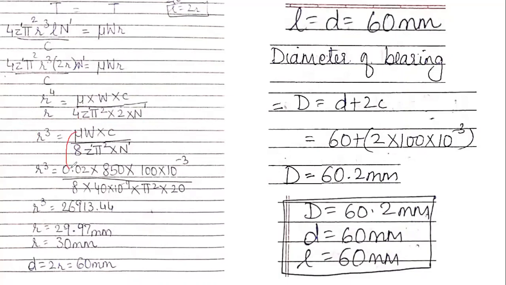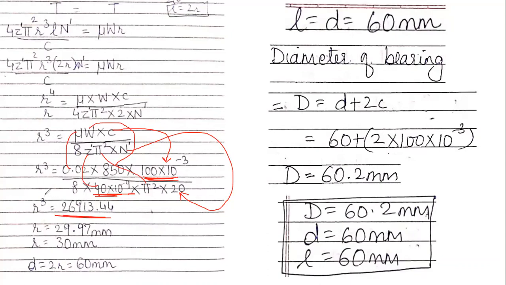Known things: coefficient of friction is 0.02, they have given, so I'm writing it down. W they have given as 850 Newton. Clearance is in microns, I've converted it into mm, 100 into 10 raised to minus 3 mm. Z dash is 40 into 10 raised to minus 9 Newton second per mm square. Pi square will remain the same. And N dash is 20 revolutions per second, so I'm writing 20. I just have to put down the values in the calculator. I'll get the value as